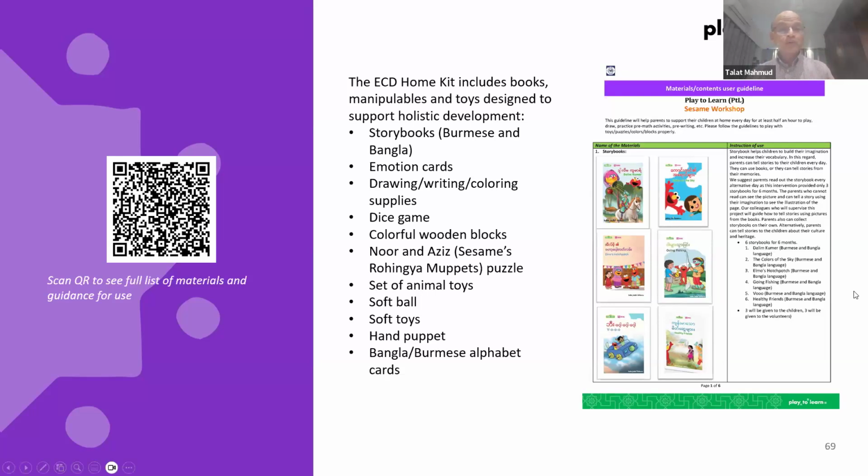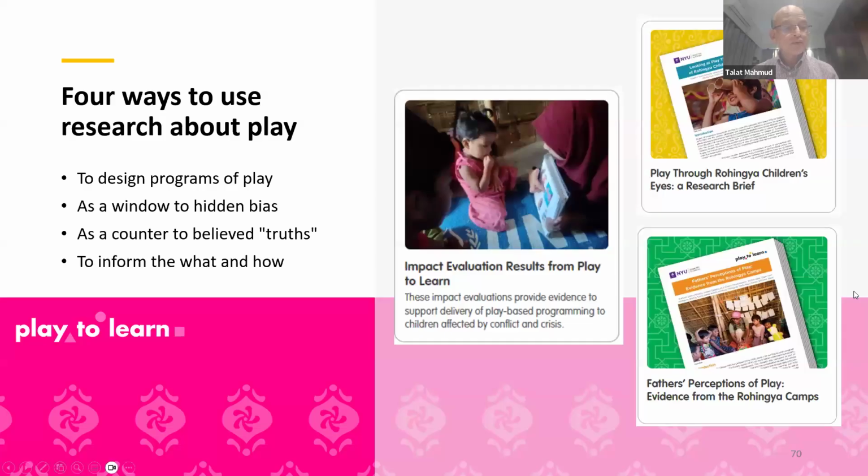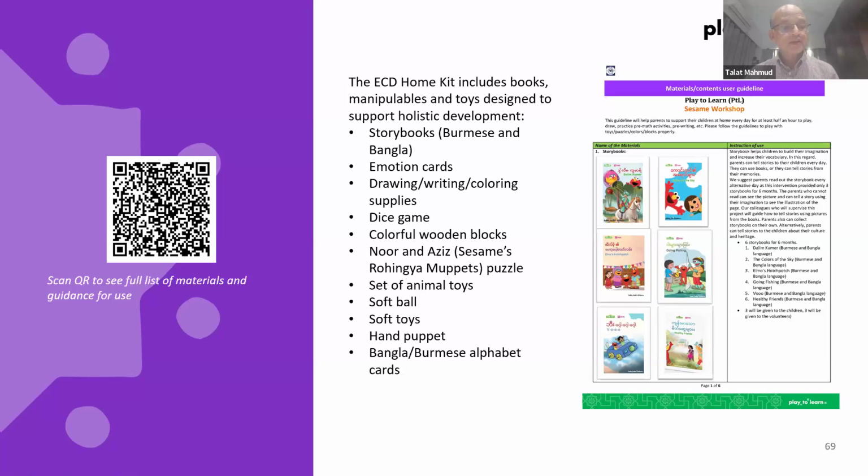The main goal is to foster a playful home environment, increase parent-child interaction through play, as I have mentioned, and increase caregivers' understanding of learning through play. So with this confined situation I have mentioned, a playful home is crucially helpful for both parents and children for their healing.